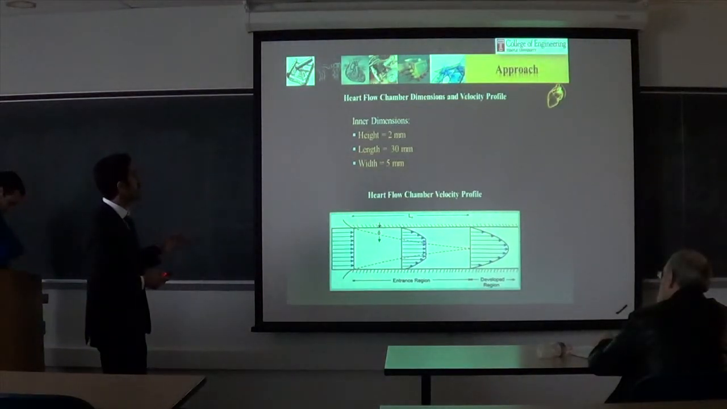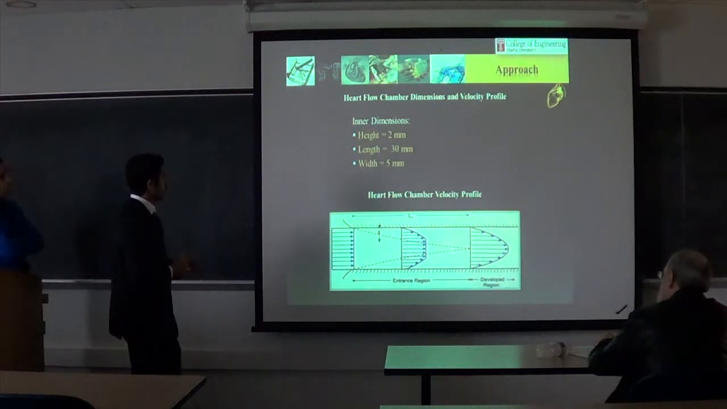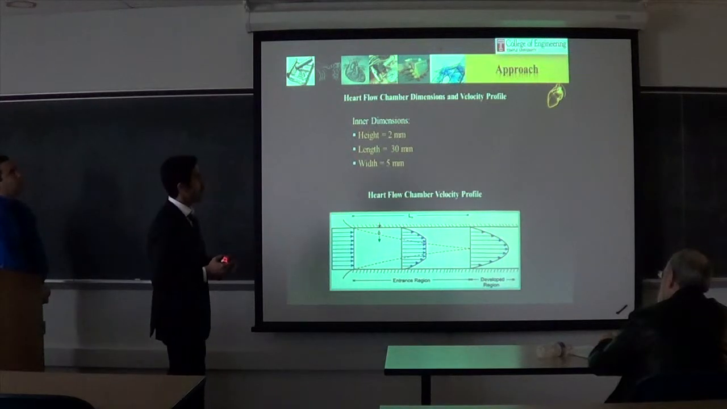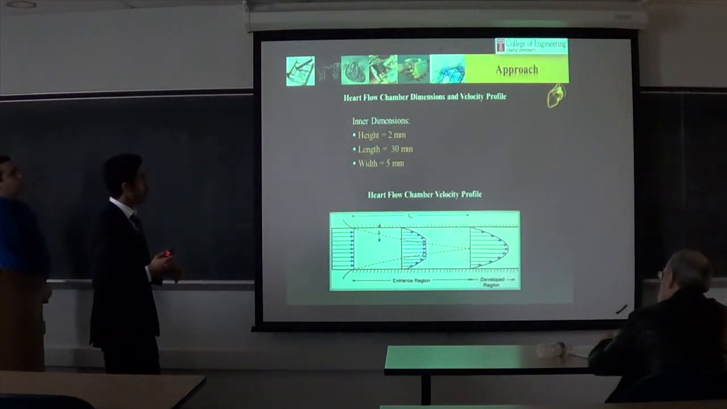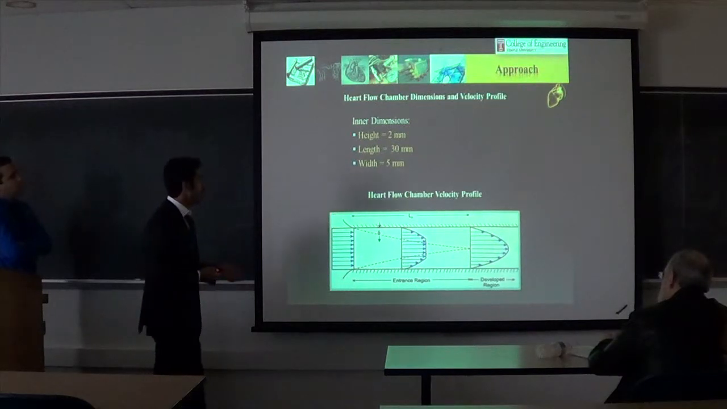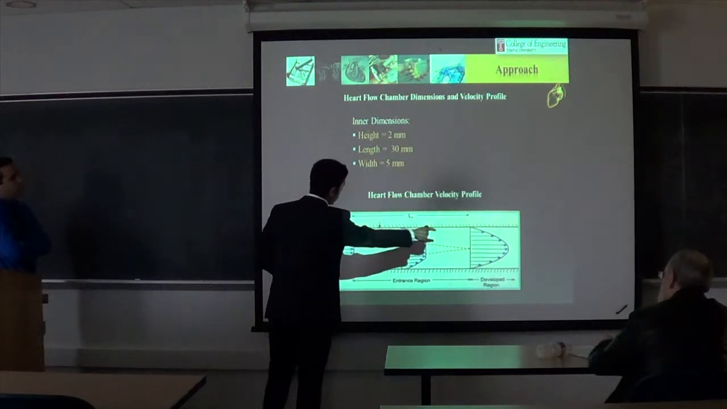Our flow chamber will have the following dimensions: 2 millimeters for the height, 30 millimeters for the length, and 5 millimeters for the width. These dimensions should be very small, because in case we have to use blood, we need to minimize the quantity of blood needed. This chart shows the solution going through to create a fully developed region,